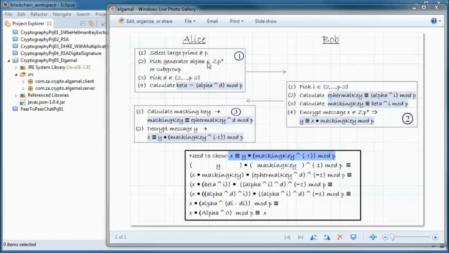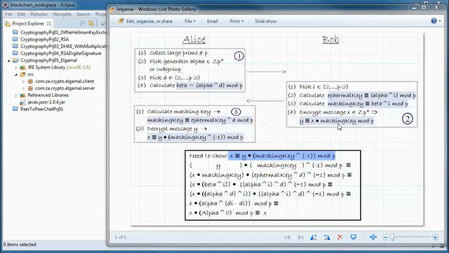And she sends P and alpha and beta to Bob, and Bob starts by picking a private key I in 2 to P minus 2, and then he calculates the ephemeral key, which is alpha to the power of I in mod P. And third, he calculates the masking key, which is beta from here to the power of I in mod P. And he encrypts the message X using the masking key.